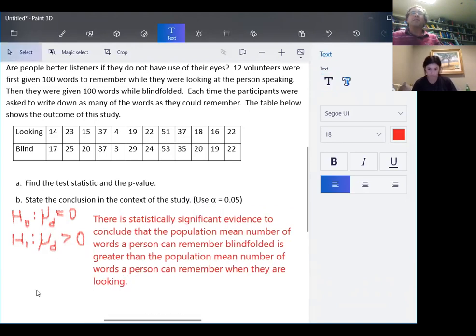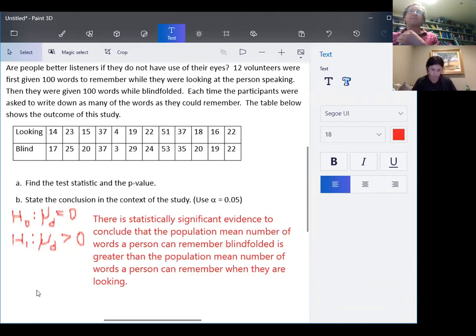Any questions on this? Okay, so notice that this is all about the difference between the means. This mean is greater than this mean. It's not a single mean. You can't talk about any one mean, it's two means. Notice the word population mean. And I do take out points if you don't use the word population when you're talking about population, and you don't use sample when you're talking about sample. Is that clear? Okay, so those are the three kinds of hypothesis tests